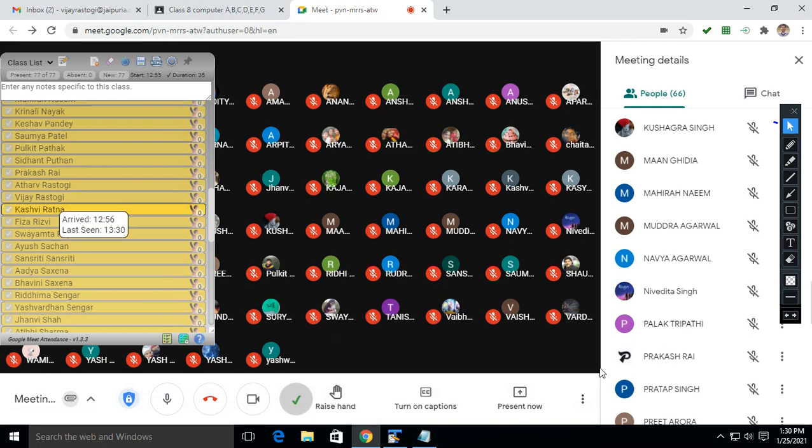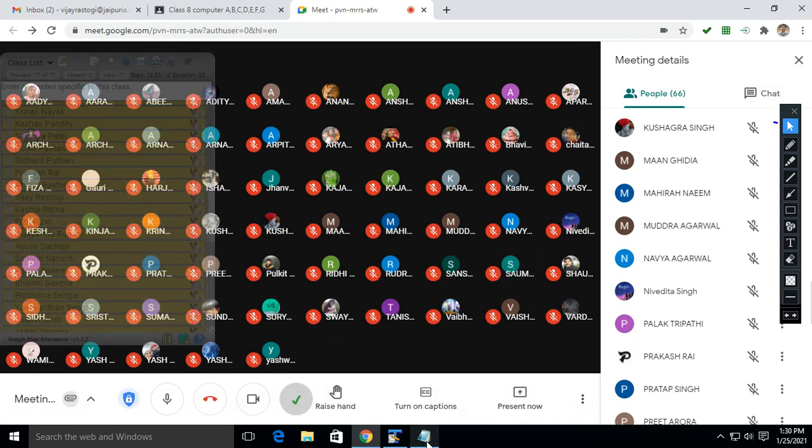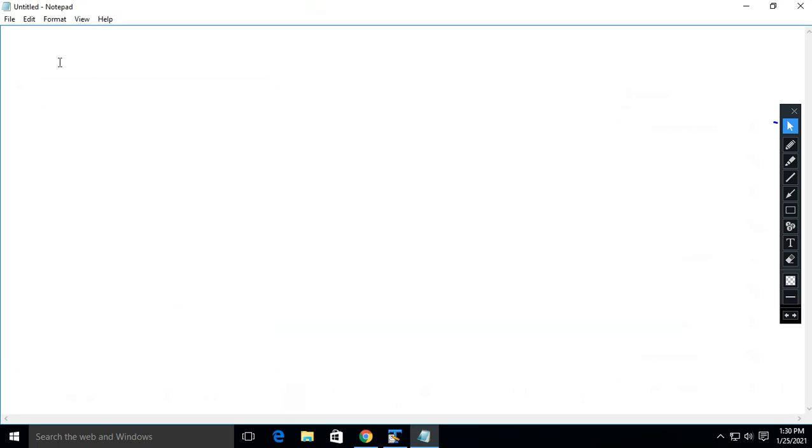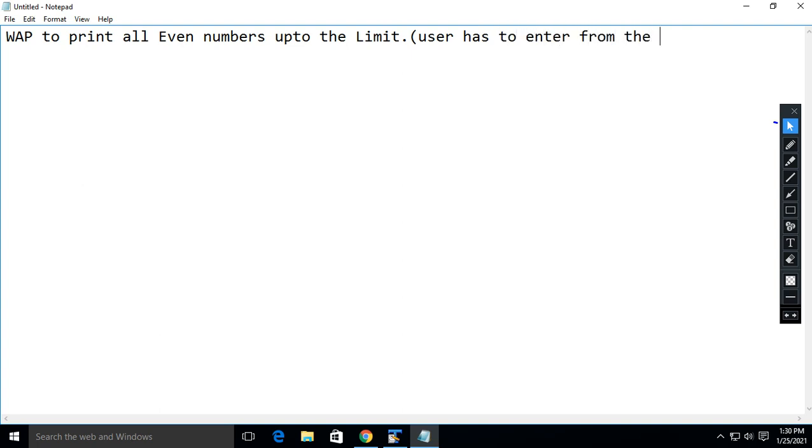mute yourself. Now everybody please write down the question. The question is write a program to print all even numbers up to the limit, and this limit user has to enter from the keyboard.